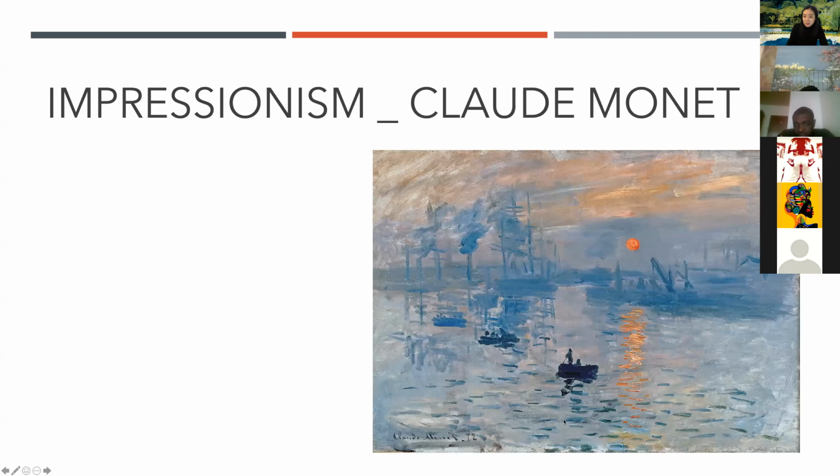So this painting's title is Impression, Sunrise by Claude Monet, which was first shown at what would become known as the Exhibition of the Impressionists in Paris in April 1874. The painting is credited with inspiring the name of the Impressionist movement. Impression, Sunrise depicts a port in Monet's hometown.